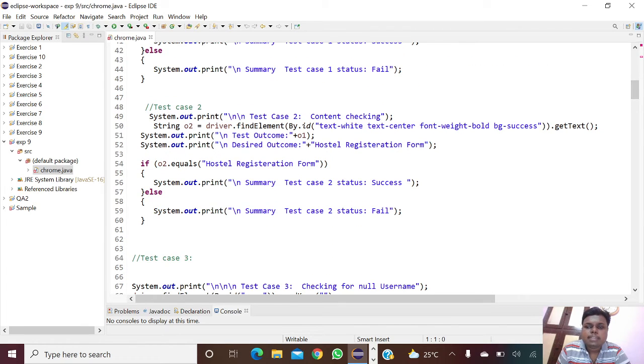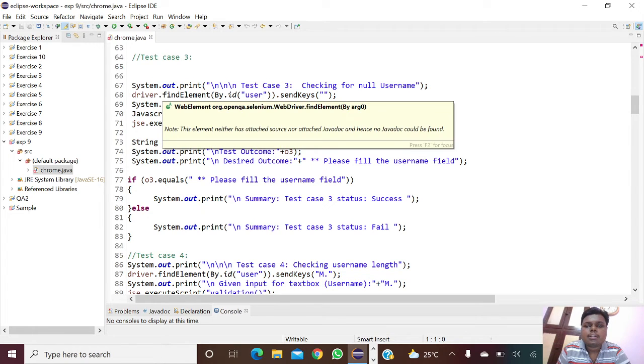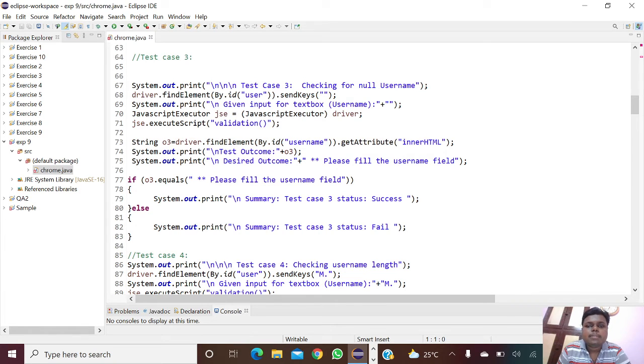The same applies for test case 2 also. Next, you're going to give a username in that registration form. So this is what we're doing in test case 3. System.out.print of test case 3 checking for null username. Then driver.findElement of By.id user, sendKeys. In System.out.print, the given input for the text box username.